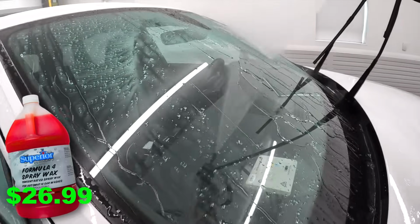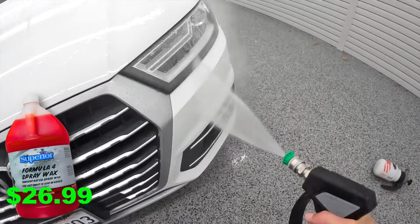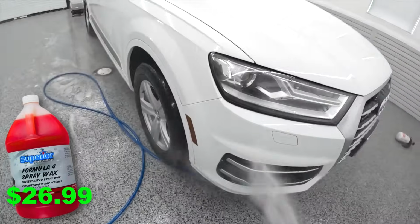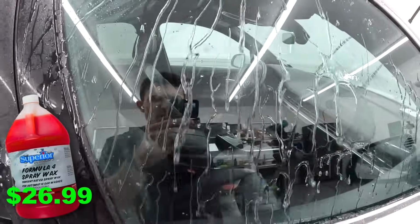And I'm basically removing the amount of time it takes to put a protection on this car for customers who are not paying for that. So I can easily give them this really added service, high gloss protection on the car that's going to be a relatively surface level protection, but also speed up my detail. And the customer's extremely happy because now their car looks super shiny and there's a surface layer of protection on the car. So I spray this all over the wet car, and then when I go to rinse it off,